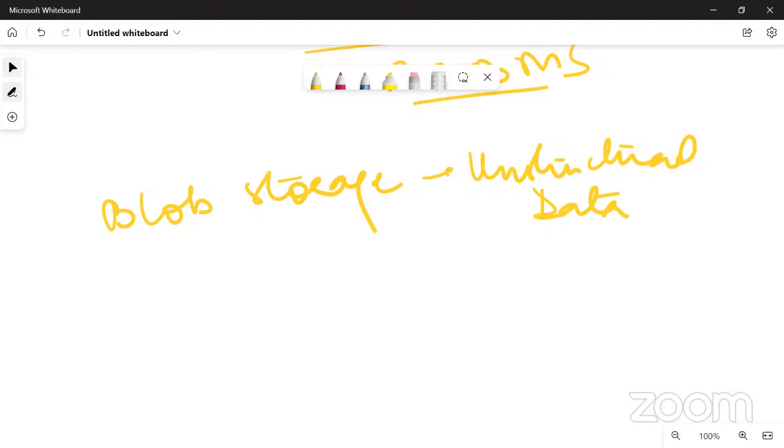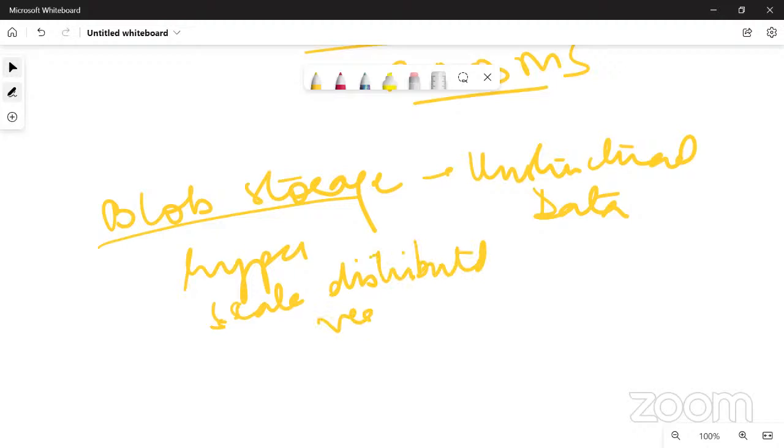Okay, it's unstructured. The file system is the simplest and the oldest data store. File systems, where we have files, put everything onto a file. We use it every day, on a daily basis. We create different files and store different kinds of information in them. And talking about blob storage, it's a hyperscale distributed version of the file system.